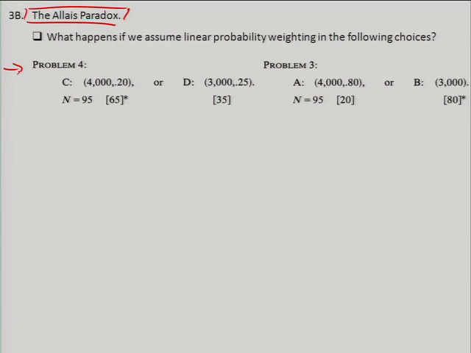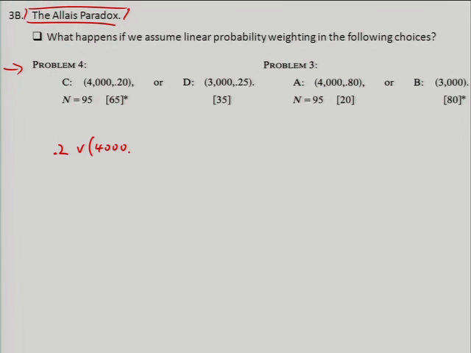What's going on here is we're going to take people's answers to these two problems, and we're going to see what those answers imply if we assume that the value function looks like this, and if we assume that the probability weighting function is linear, because this is the thing we're trying to bash on. Actually, we don't even really need to make any assumptions about the value function. We're just going to focus on the probability weighting function. If the probability weighting function is pi of p equals p, then what problem 4 tells us is that 0.2 times v of 4,000